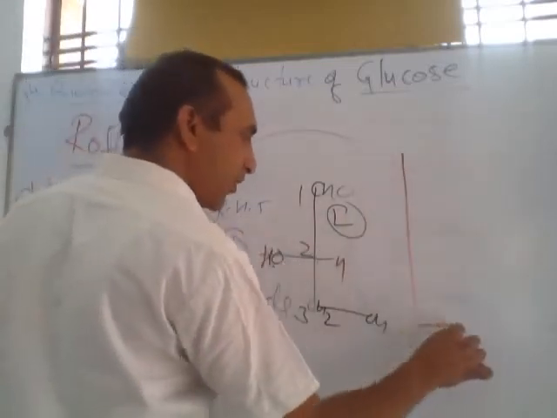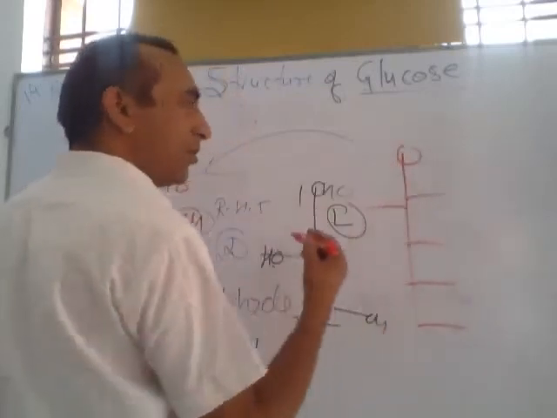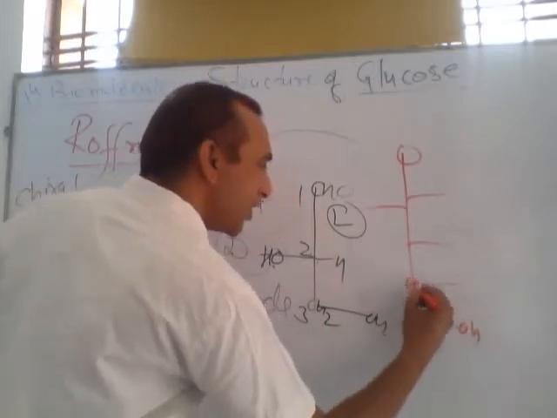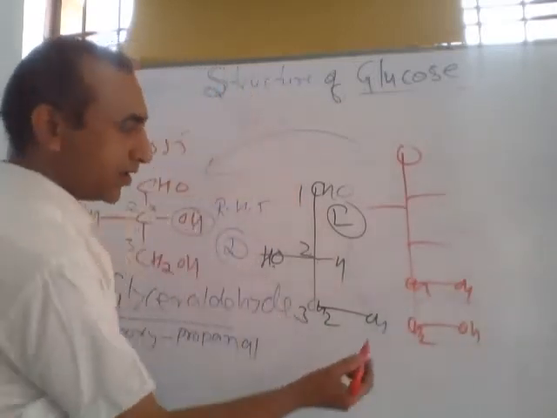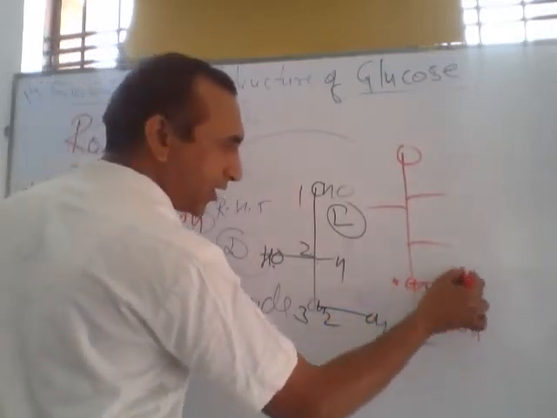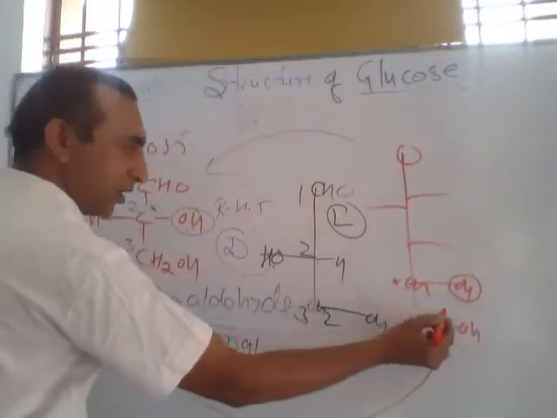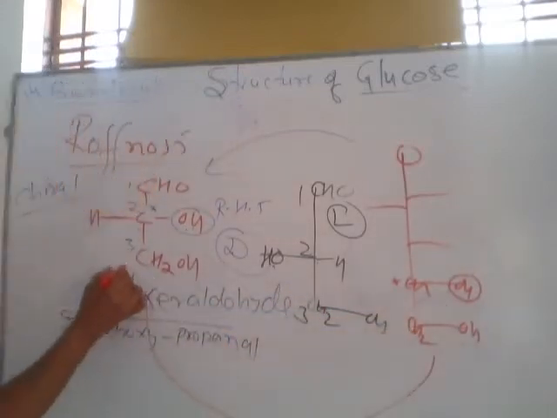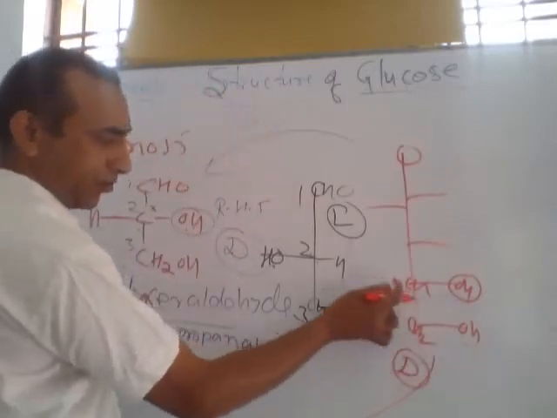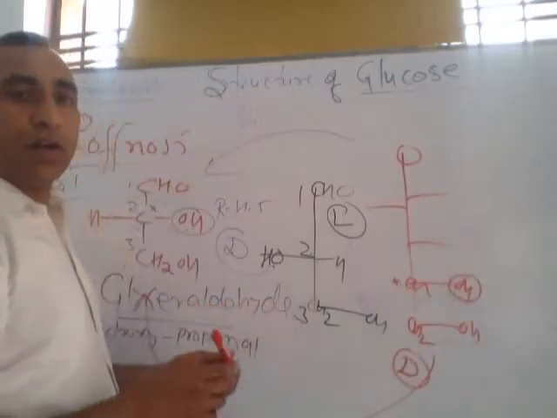Suppose 1, 2, 3, 4, 5, and on top this is aldehyde. So observe here CH2OH, CHOH. This is the second last carbon. In the second last carbon, the configuration of OH is on the right hand side. So this is the photocopy of this, meaning this compound belongs to the series of this compound. So we write capital D. Capital D means on the second last carbon from the bottom, the orientation of OH is on the right hand side.